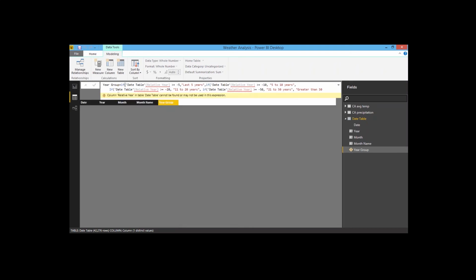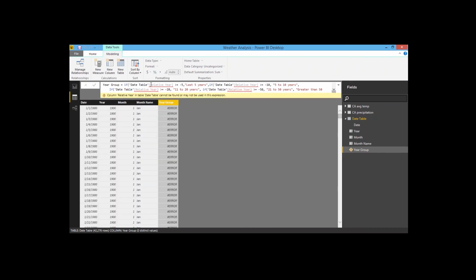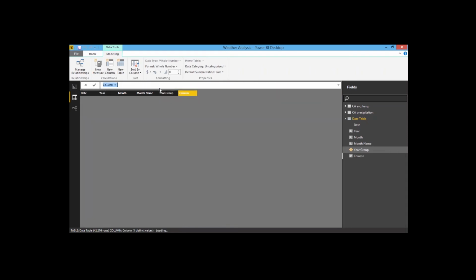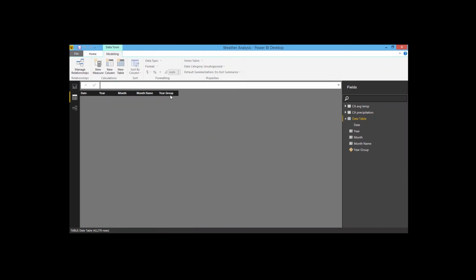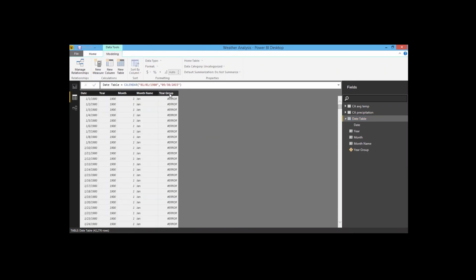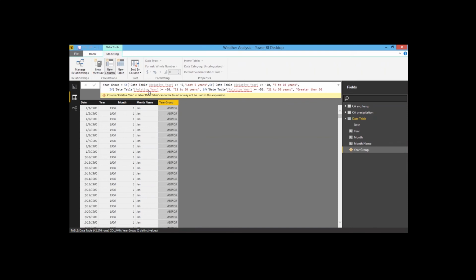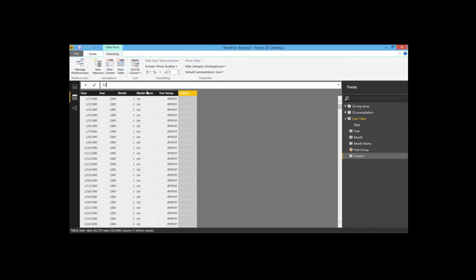So I'm going to click enter, and we've got an issue here with that because the relative year column doesn't exist yet, but I need to click create that first. So I'm going to create a new additional column here that we're going to call relative year. Sorry guys, clicked on the wrong thing. So new column, we'll call this relative year, and it's going to be my year value minus the